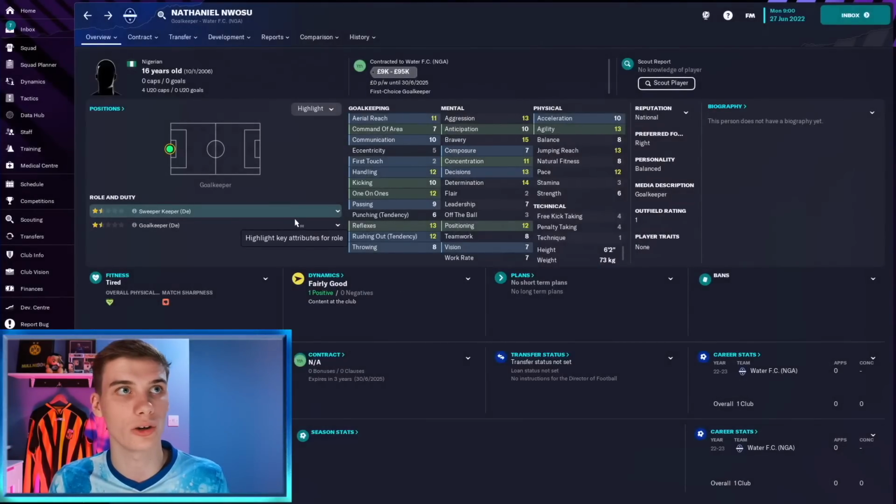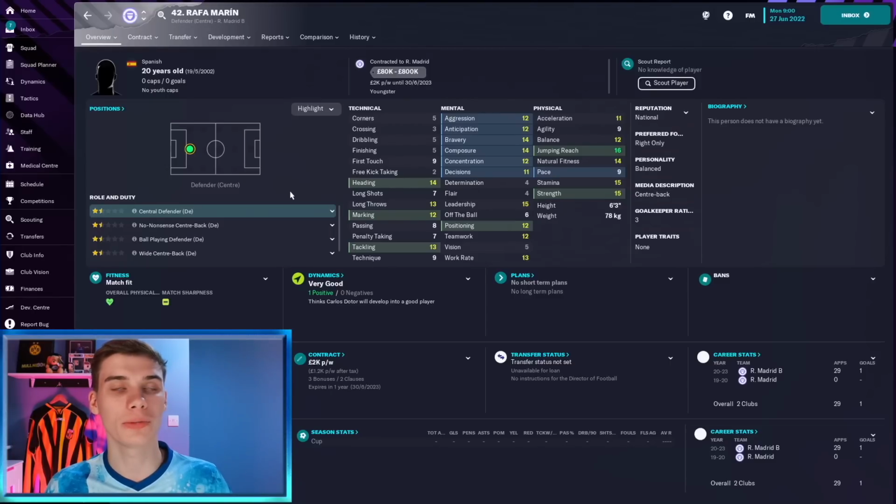A great goalkeeper who should be available for most clubs, already 4 caps for the Nigerian under-20s team. If you develop him well, he will be Nigeria's starting goalkeeper, and he's not going to cost you anything really at all. Moving on to player number 2 now, but before we take too much of a look into him,